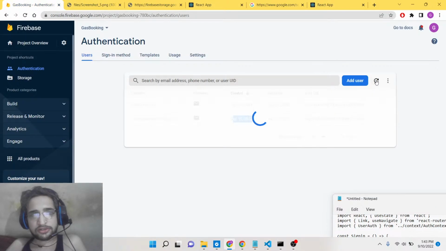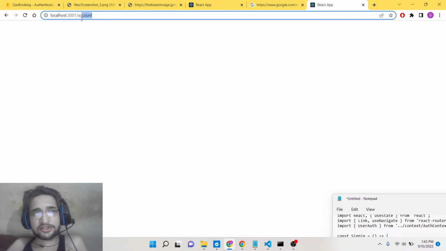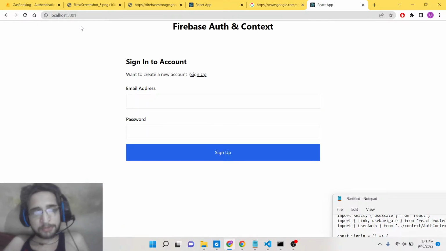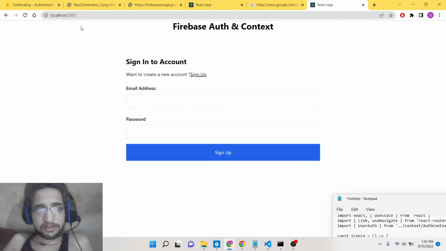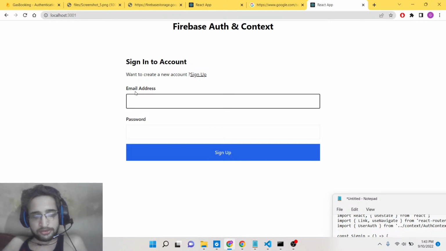If you refresh it, no email was created because the existing email was there, so that's why. You can also display error messages as well. Once a user is successfully signed up, you can display alert success messages, totally depending upon you. So this is sign up here, so now we can simply say test@mail.com